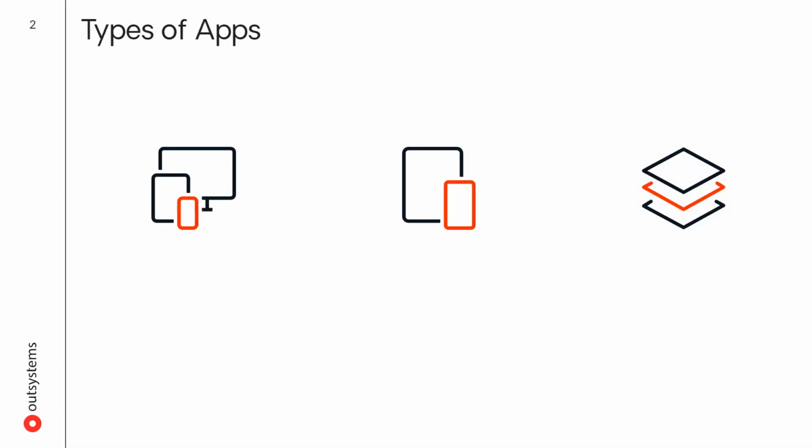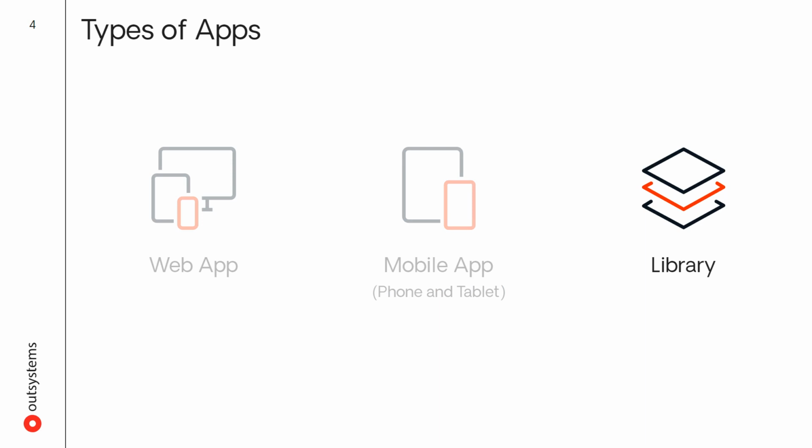ODC has essentially three types of apps. Newer, state-of-the-art technologies are enabled to create richer user interfaces and experiences for tablets, phones, and also for the web. Then, we have the library, for building highly reused components. The OutSystems Developer Cloud elevates libraries to a top-level concept, existing at the same level as web and mobile apps, having their own lifecycle. Apps can consume libraries to reuse common features and capabilities.